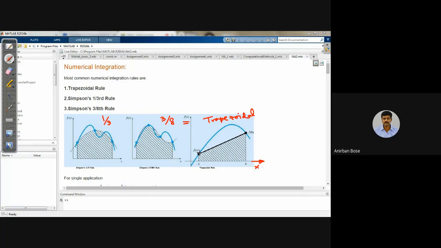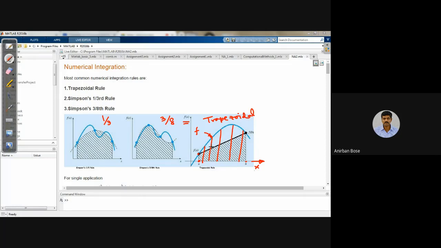Now let us consider this is the function which is given here as f. F is the function, and we want to find out the area under this blue curve within a range x is equal to a to x is equal to b. So we are basically interested to find out the area under this blue curve. Definitely the area under this blue curve is nothing but the shaded area I am showing right now.